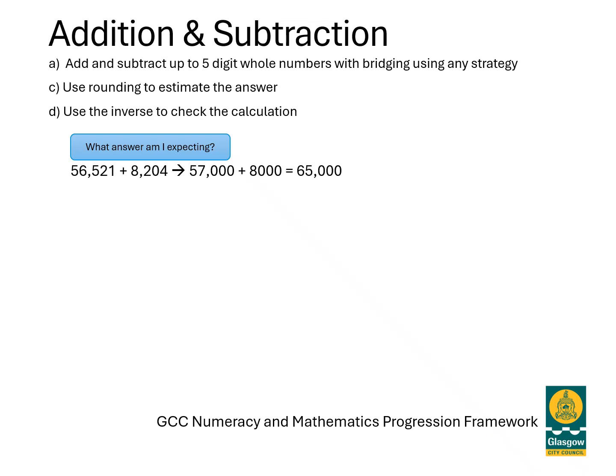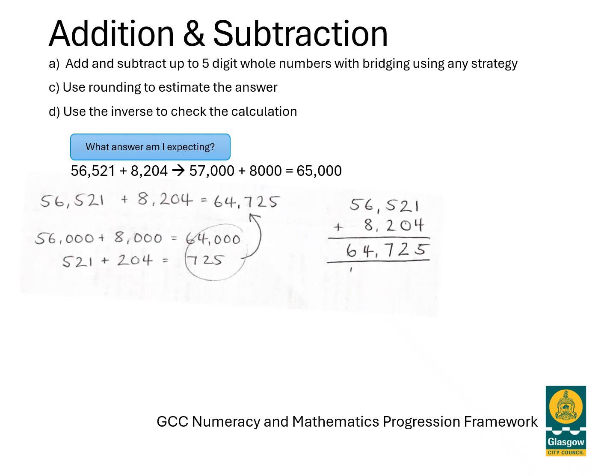So if we're being asked to add 56,521 plus 8,204, the first thing we can train the pupils into systematically doing is ask themselves the question, what answer am I expecting? So we're rounding to the nearest 1,000, 57,000 and 8,000 is going to be about 65,000. So that is a quick first step that is repeating our estimation skills. We would then go ahead and complete the calculation. Now there's 2 options offered there for you. One is a partitioning strategy, and that's totally valid. The other is an